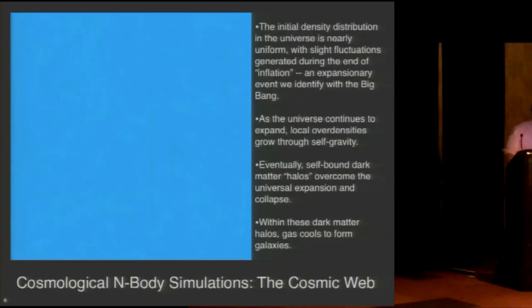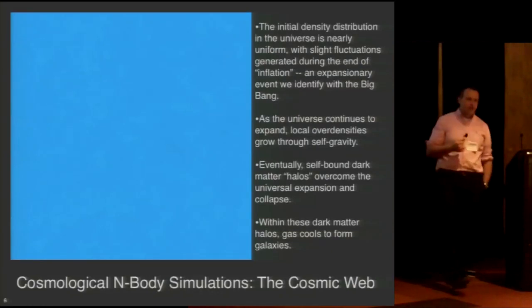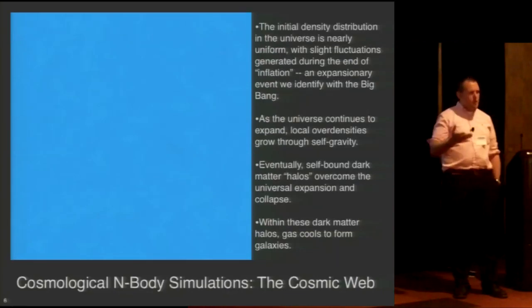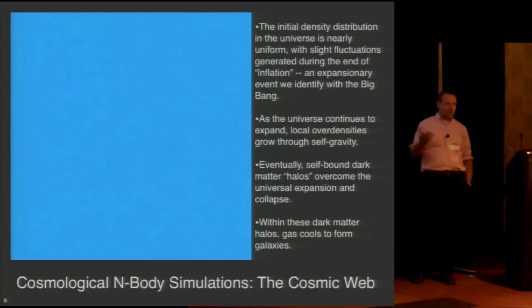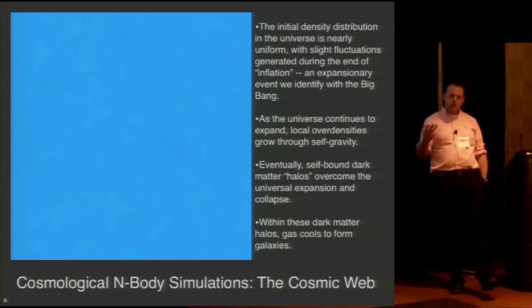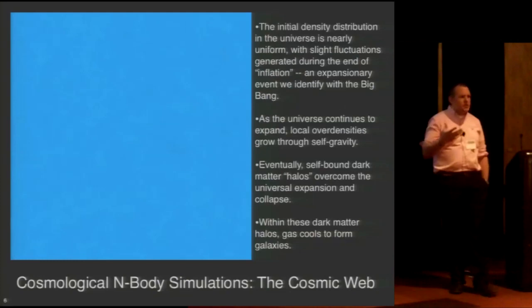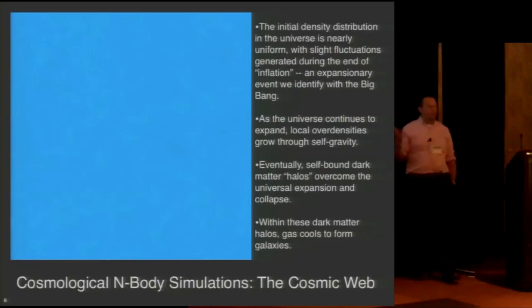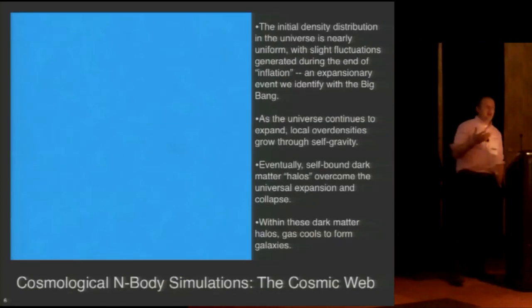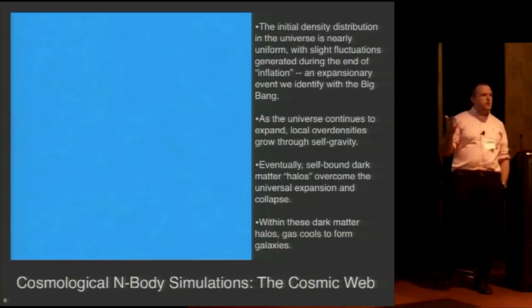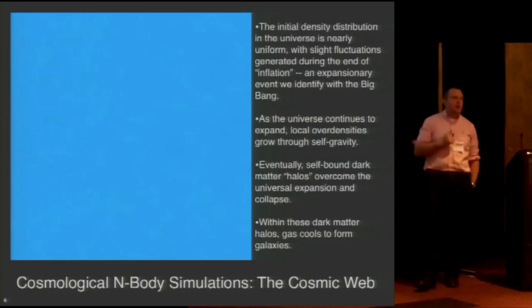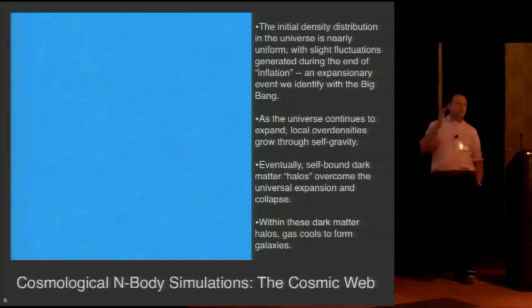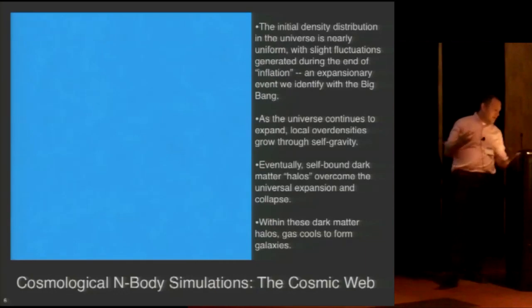Okay, so cosmological N-body simulations. What do we mean by cosmological N-body simulations? Well, structures in the universe like galaxies and groups of galaxies, which we call clusters of galaxies, and then even larger structures in the universe. We understand the formation of these structures through simulations. What we do is we set up a particle distribution with density fluctuations, very mild density fluctuations. You can barely see them in these initial conditions. Those density fluctuations grow through self-gravity.